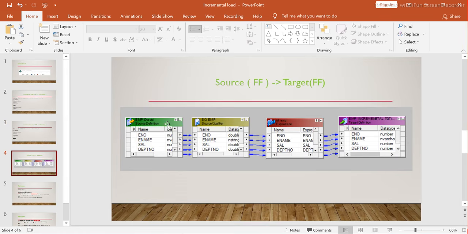So I'll show you. I have created it before, but I will show you from fresh, so that you will be able to understand how it works. Everything I will show you around it. So I have taken one employee table, and then I have used one expression transformation, and this expression transformation is